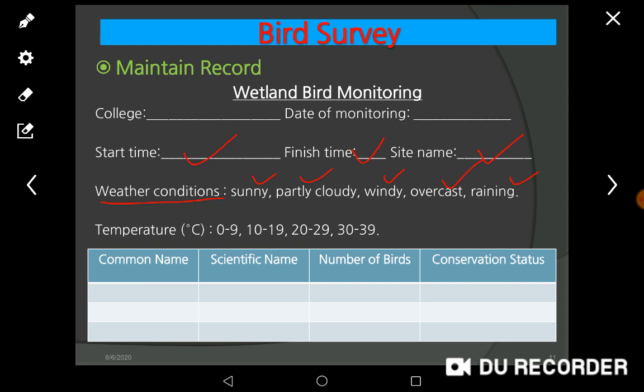And the very important and last part is a list of birds you saw at the site: the common name, scientific name, number of birds you saw, and their conservation status. Whether they are threatened, near threatened, endangered, or vulnerable.